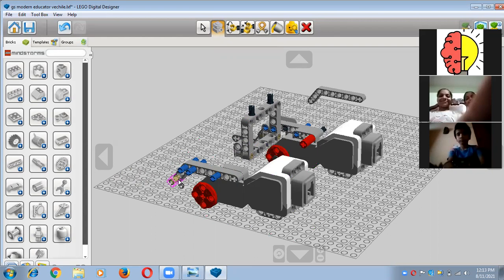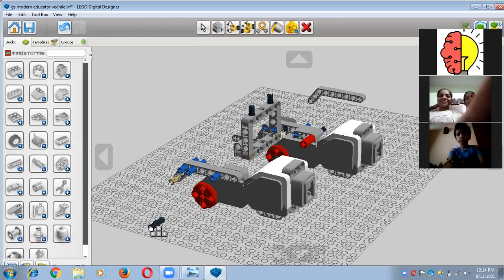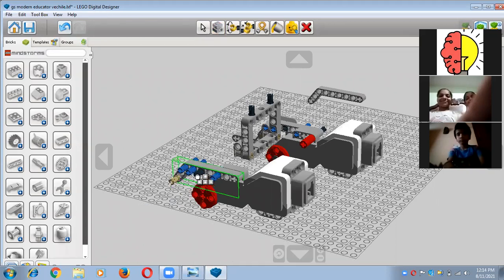Now move on to the next step, and in the next step you need one black color connector peg, so you have to put it here. You can take it from here, just clone it, and now you can change the direction, and after that you have to put it here. It means, what do we understand from this? If we have already used any particular part in our work plane area, then there is no need to find it again and again. You just clone it and do your task, whatever you want to do, right?